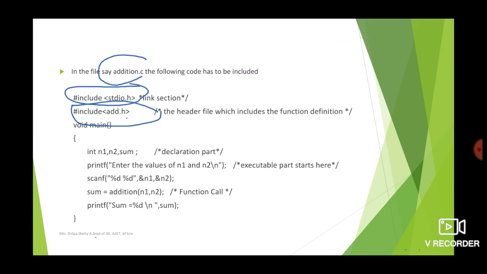So we have three types of functions based on the location. One is defining before the main. If you define the function before the main, then declaration is optional. The second one is defining the function after main. In this case, declaration is a must before the main. And the third one is defining the function in a separate file. In the program where you are calling the function, you need to include that file. So these are the three categories.